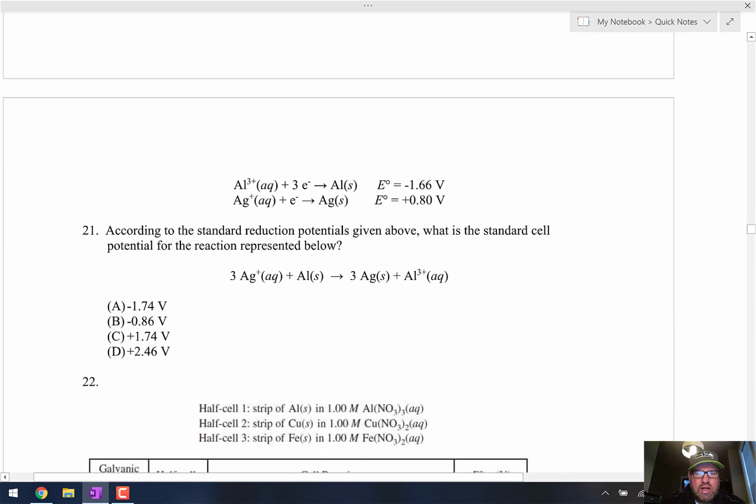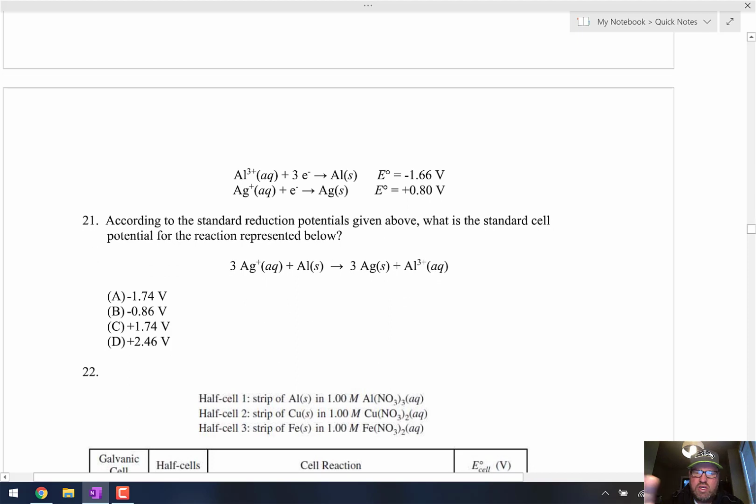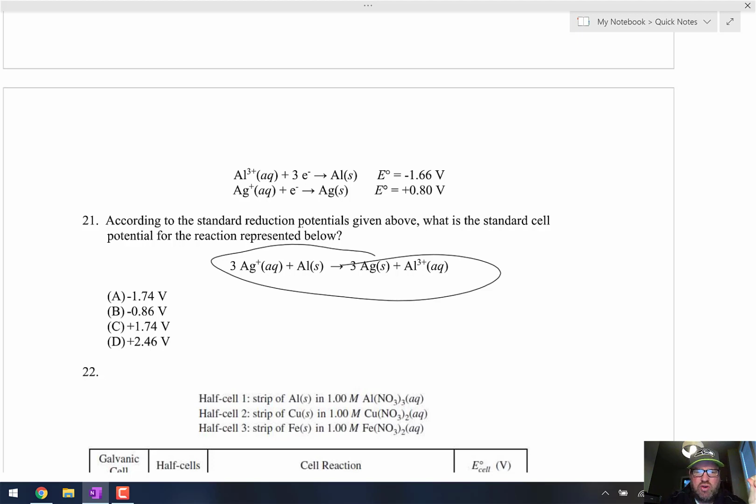Okay, let's see. This one, just standard cell potential. The way that they're trying to trick you on this question is just to know that, again, the stoichiometry of the balanced equation does not affect the cell potential. You're going to have to triple this one here on the bottom to make those electrons equal 3. Okay, but these values do not change. So what's the only way to get this to a positive value is to take 0.80 minus negative